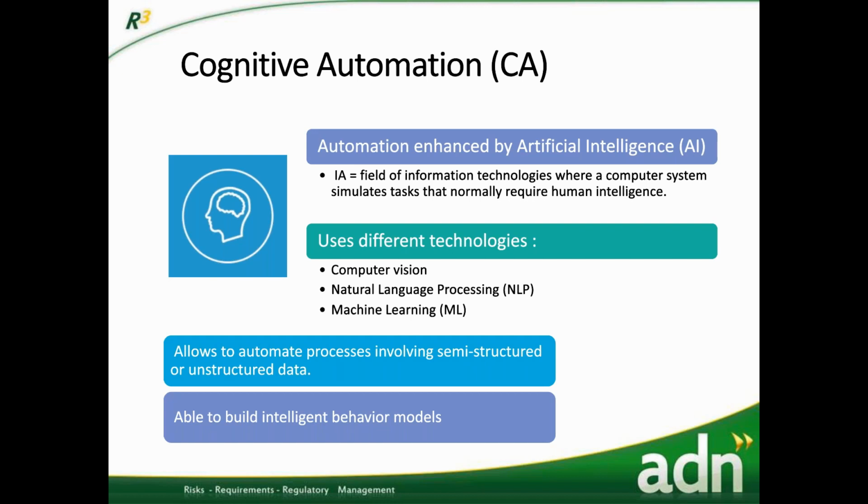And in cognitive automation, the technology is computer vision, natural language processing, or machine learning. It allows, for example, to recognize and extract decisions by understanding images, or to understand the contents of sentences,